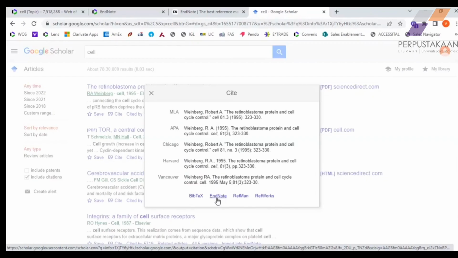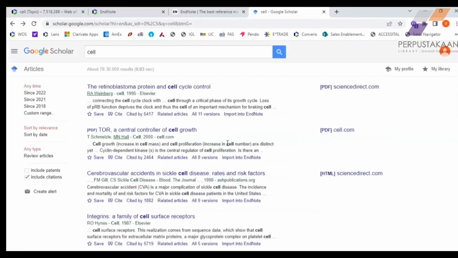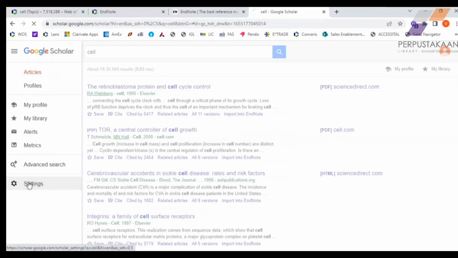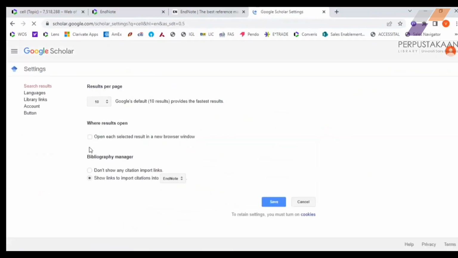So basically, once I click on this, and if I simply follow the option which gets downloaded, this particular paper automatically gets added to my EndNote library. Now, here I would like to highlight something to you. Just give me a minute. Under settings,